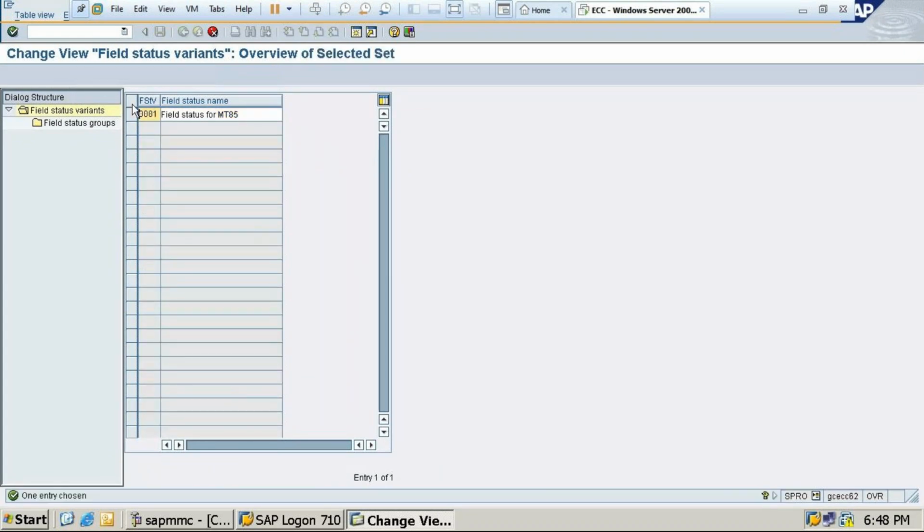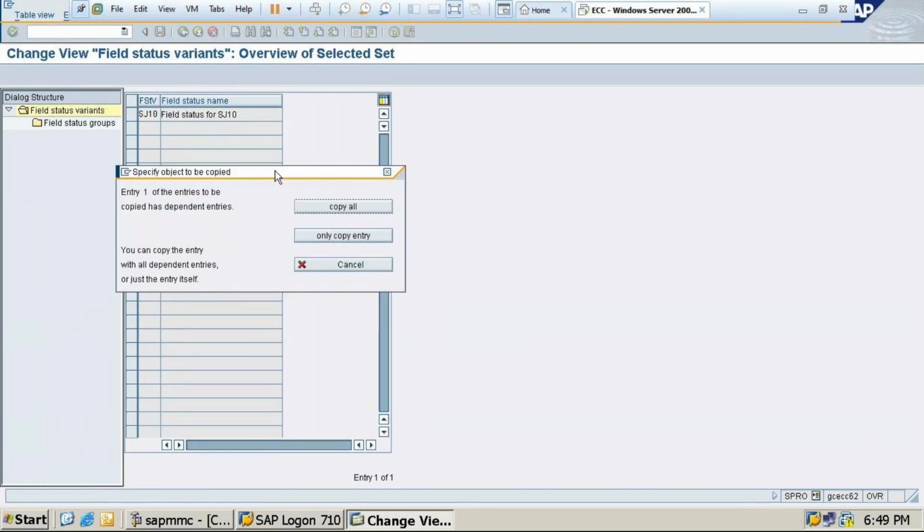Once you click on copy as, you have to change this as J10. Someone has not changed, so you need to change here for identification. You should not save with another number, so save with this and press enter. Once you press enter, you have to click on copy all.